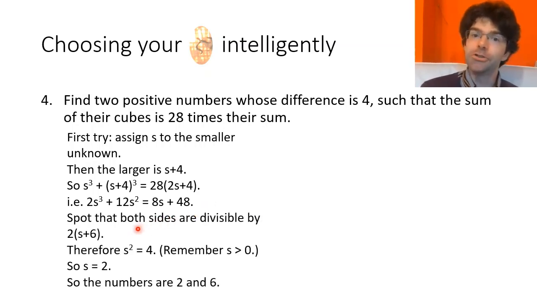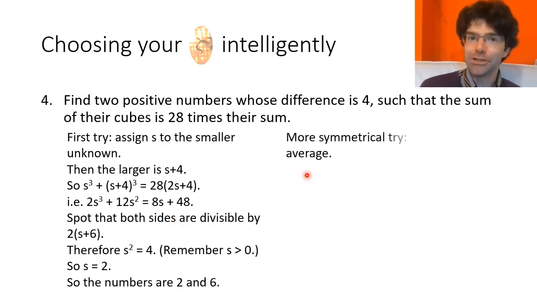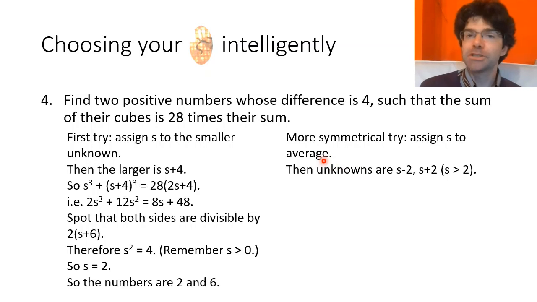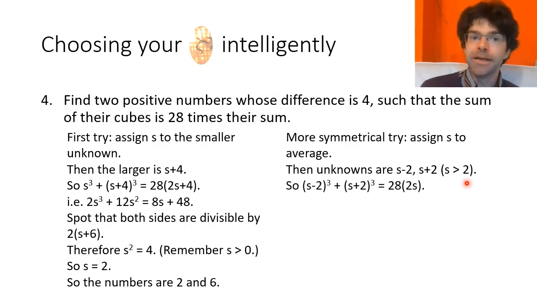As with the general solution of the quadratic that we considered in problem 3, spotting factors to solve a higher order polynomial would be considered an advanced technique for Diophantus rather than a fundamental one. Instead, Diophantus again works in some symmetry to get terms to cancel and to simplify the working. He assigns s to the average of the two unknowns, which are therefore s plus 2 and s minus 2. Now remember that we're looking for positive solutions, so we do need to keep an eye out for s being greater than 2. But from this starting point, everything comes out quite simply, as you can see.